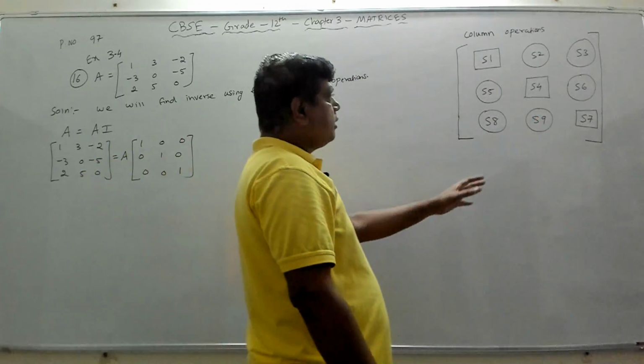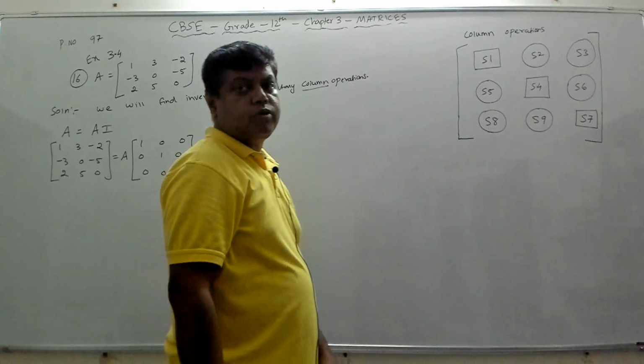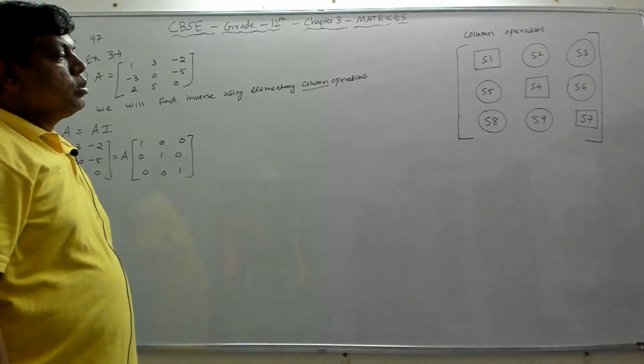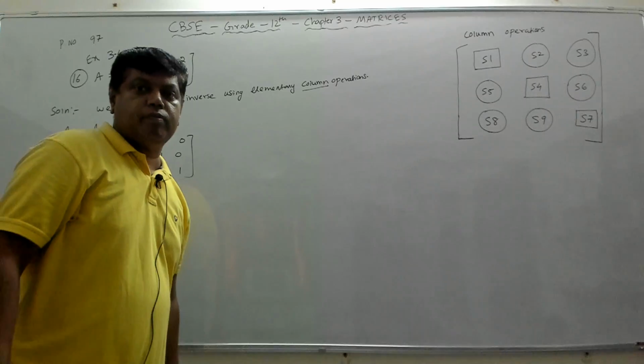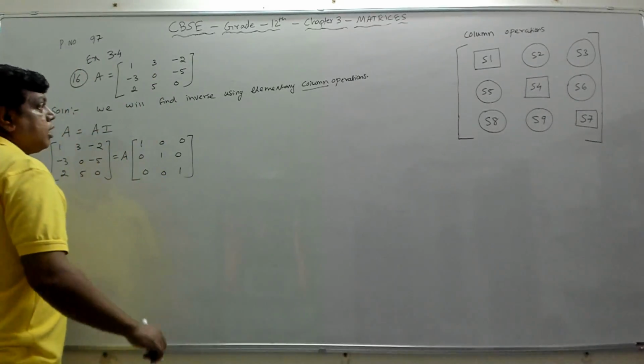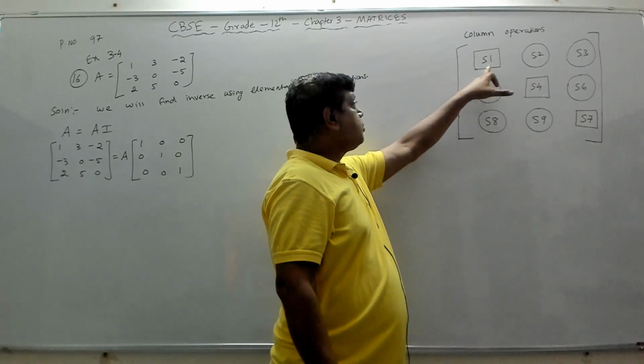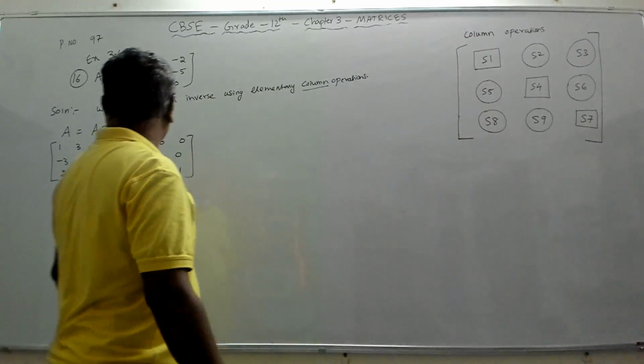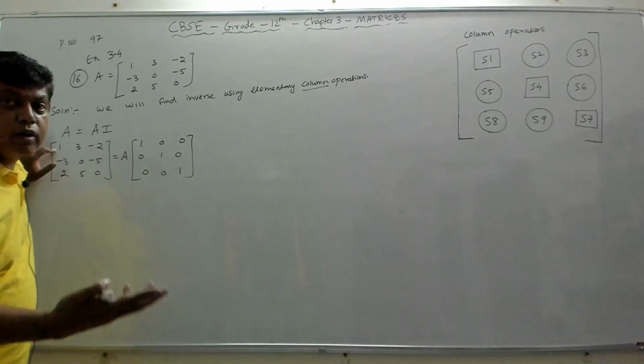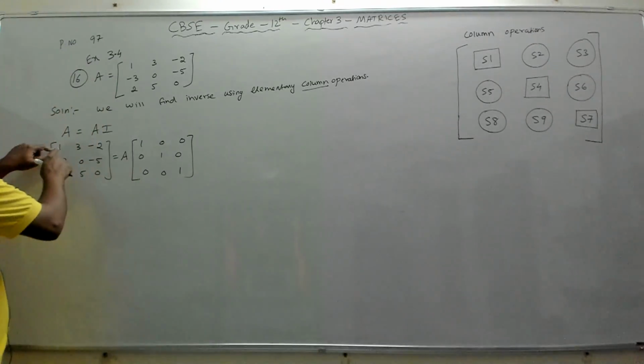To make this as 0. So this is the order in which we will do when we are applying the column operations. Fine. So the first element is what? This box. That is the first step. First step is box, which means I should make this element as 1, which is already 1.